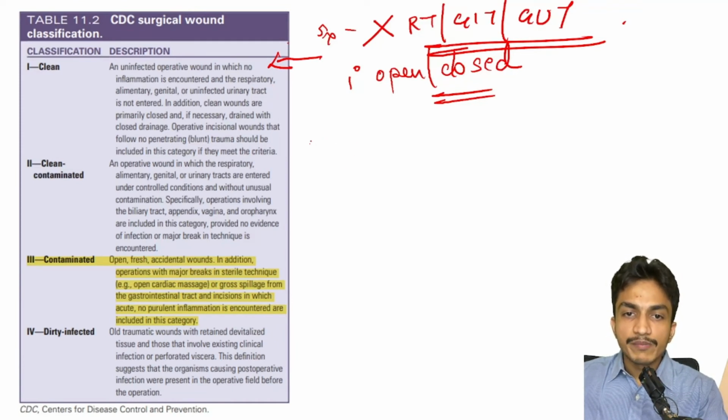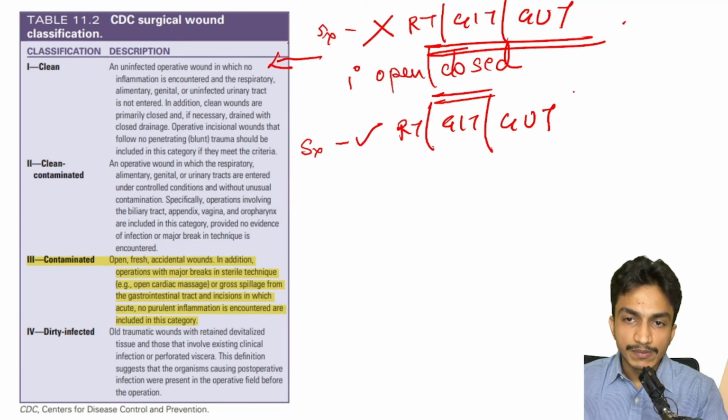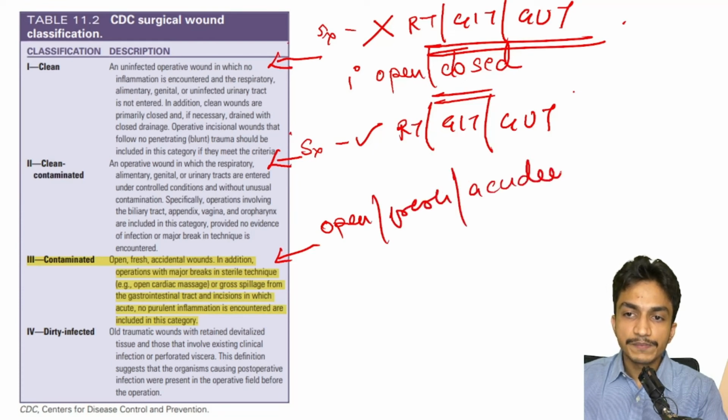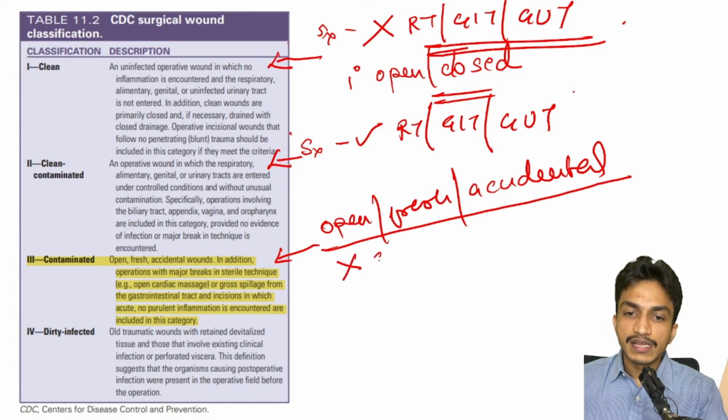In clean contaminated, if we are entering into these tracts but under aseptic procedures, for example, as I told already, oropharynx, nasopharynx, biliary tract, appendix, all of them, and we have no break in the technique of asepsis, then it is a clean contaminated. Coming to contaminated, any kind of open, fresh, accidental wounds basically with break in the sterile technique,